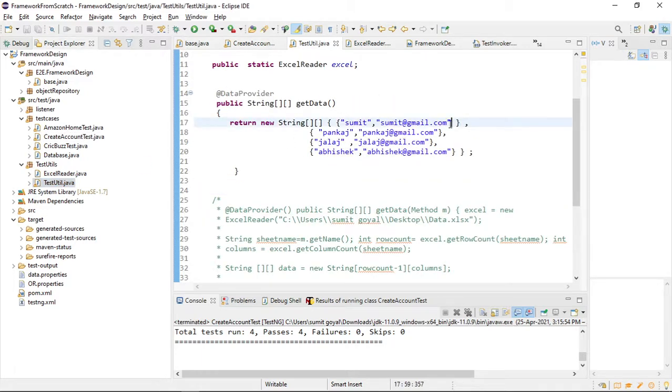If you provide one more after placing a comma here, like I can say phone number, right? Then you have to give 3 variables into the method. But as of now, we are only having 2. So that's why I have given only 2.